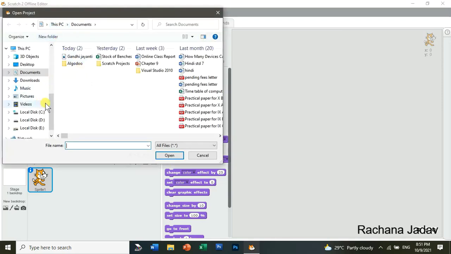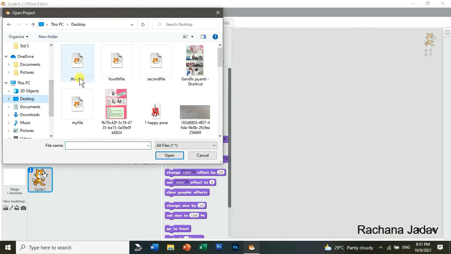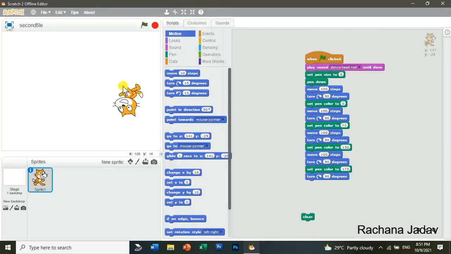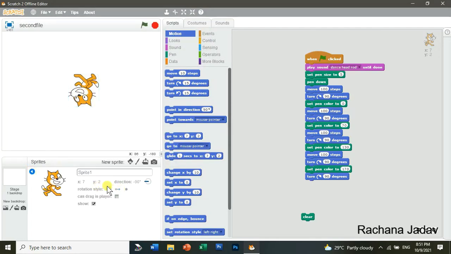Okay, I'll just click on open and I will show you that file. Okay, I'll just place it over here. यहाँ आपको info वाला option मिल रहा होगा where I can do the rotation. तो मैं यहाँ उसको rotate कर दूंगी. I'll just rotate and make it fixed over here.